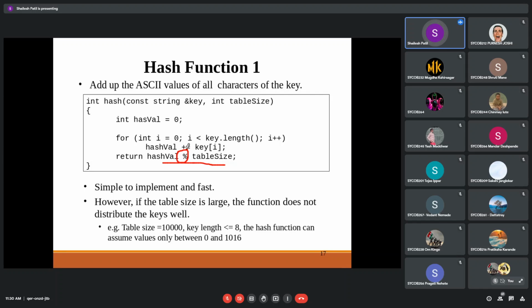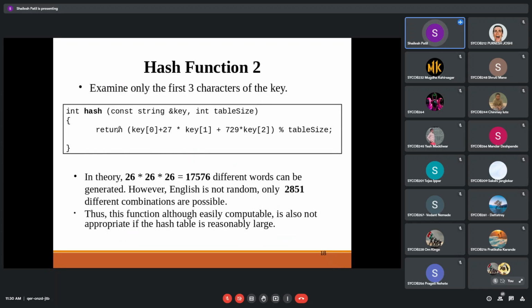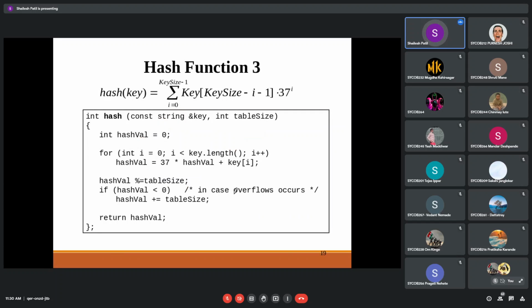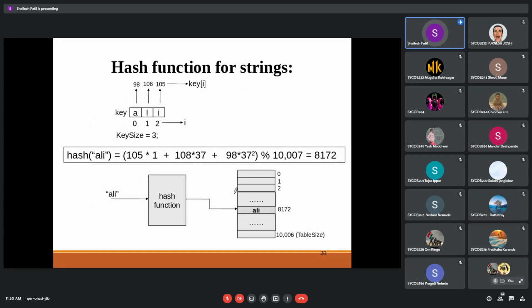Okay, division you can say. So this is there. Again, this is related to something you can call a string. In a string you can have something like this plus 27, and you can multiply with a value, and you can divide by table size. So that will give us some number, and you are going to hash the things. These are some examples we have.